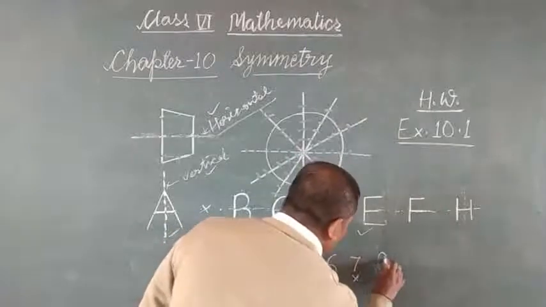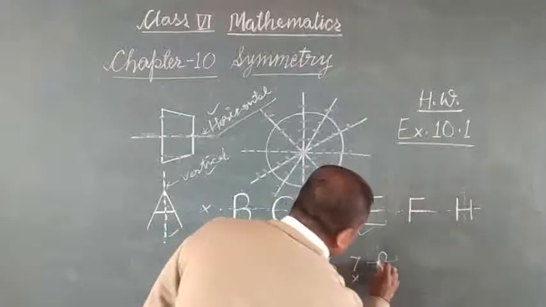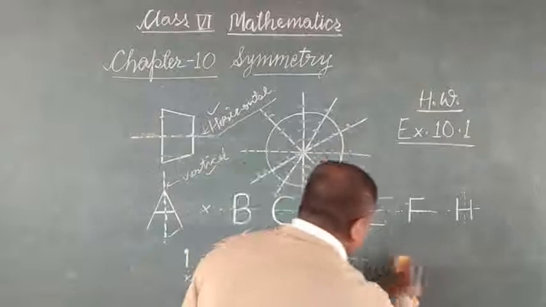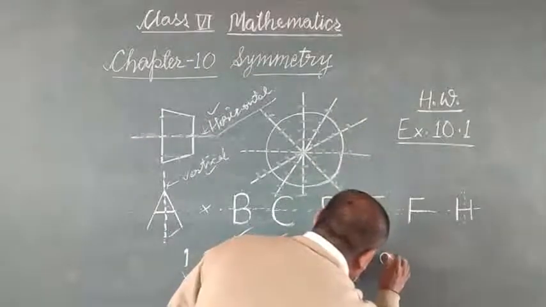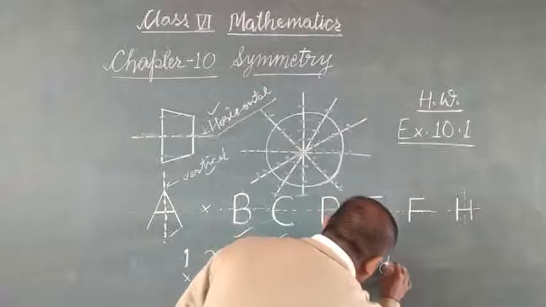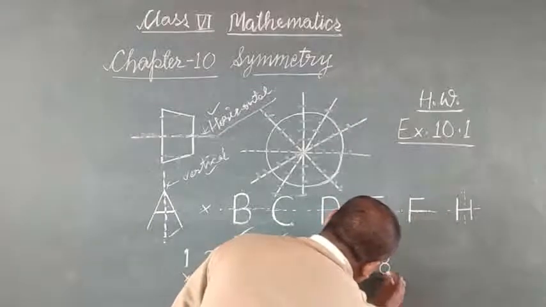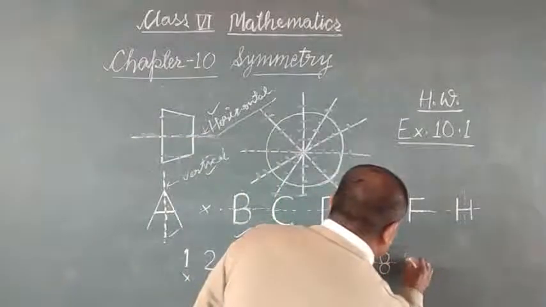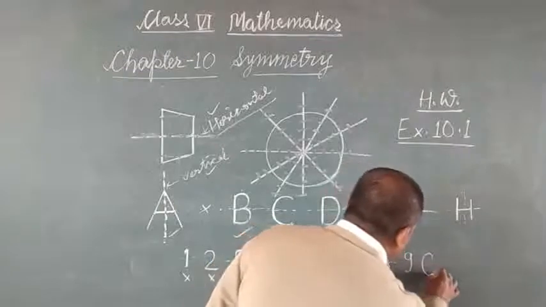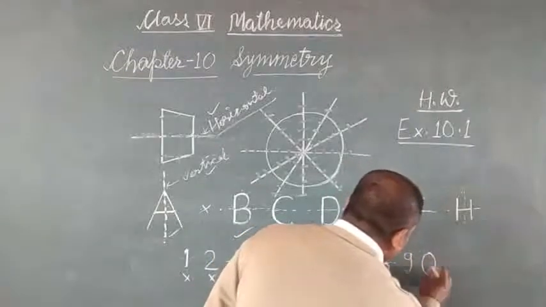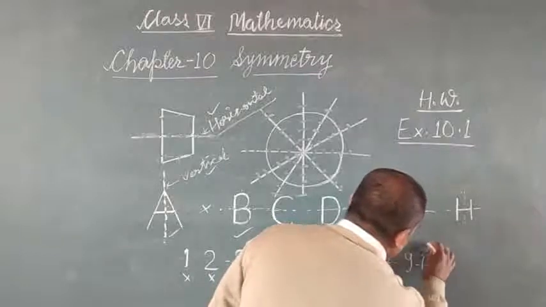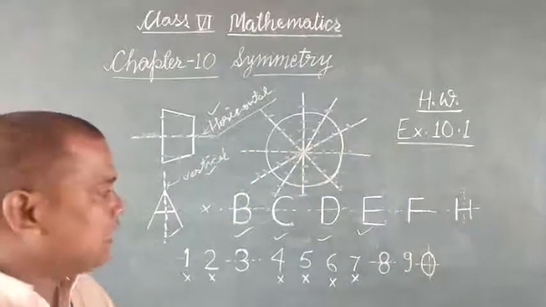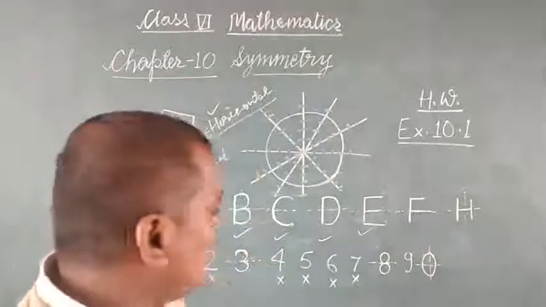8, yes, we can draw one line of symmetry in the case of 8. This one. Look here. So here is one line of symmetry in the case of 8, but in the case of 9, no line of symmetry. In the case of 0, we will have 2 lines of symmetry. 0 is just like an oval, not a circle that has infinite lines of symmetry. It has 2 lines of symmetry.